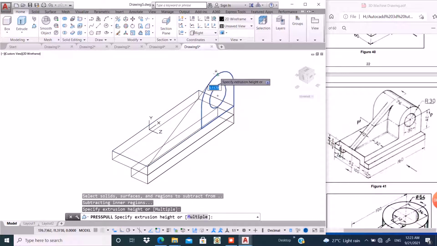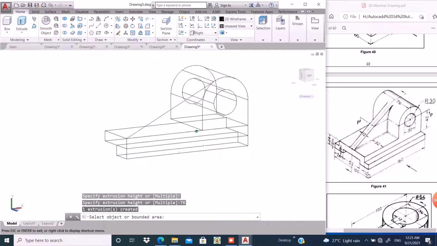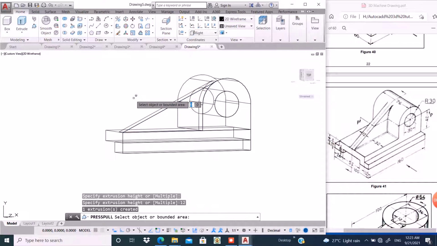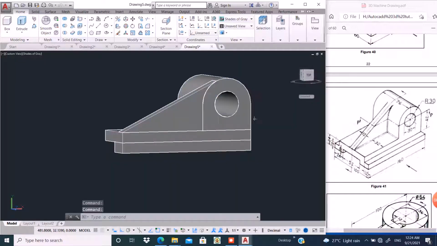Again take the presspull command, click here at a distance of 76 units and select this region, and the extrusion height is 12 units. Enter. Now change the visual style, click here and select shades of gray.